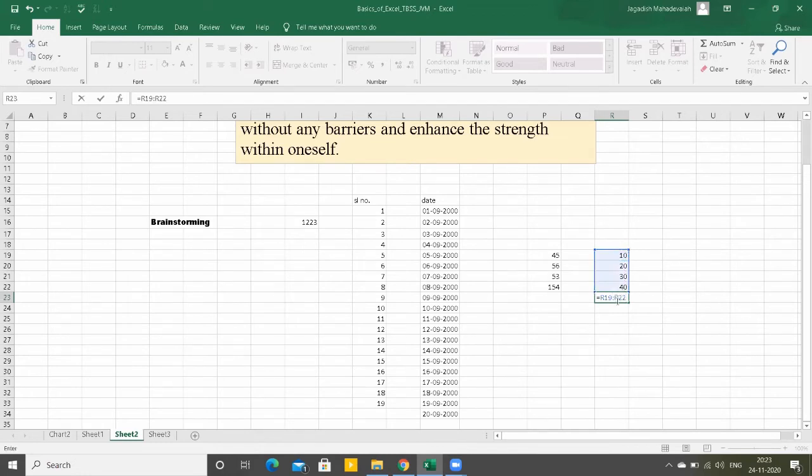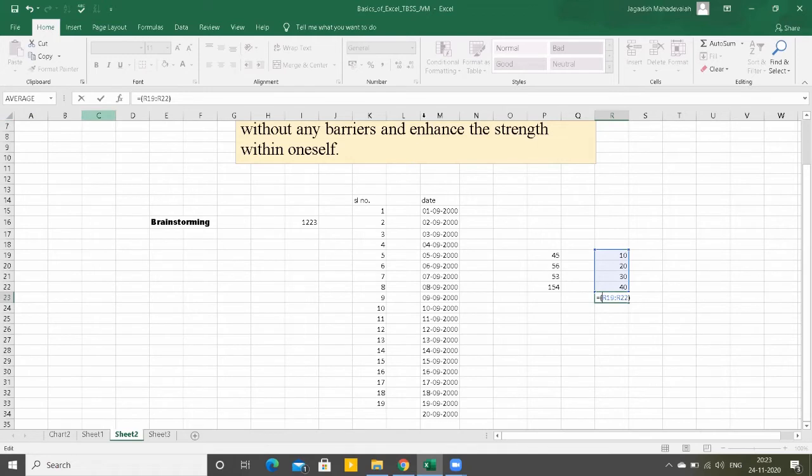Still the work is not completed. There will be this sign, the colon sign, and we need to change that. How did R19 come there? Because I forgot to tell that.